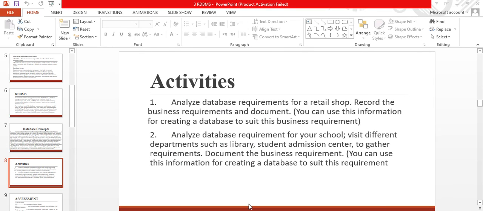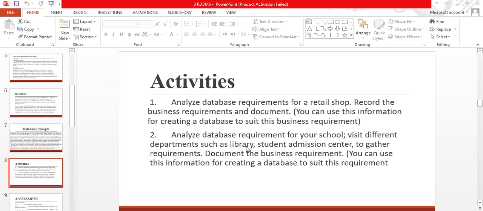Activity for this session is to analyze the database requirements for a retail shop. Record the business requirements and documents. You can use this information for creating a database to suit this business requirement. What requirements you need for a retail shop, you can find out the data information.